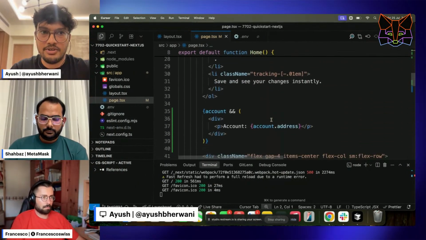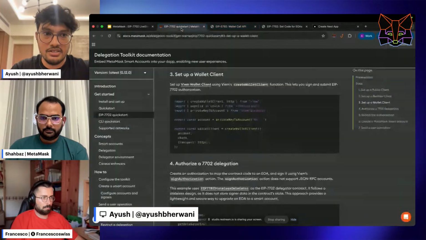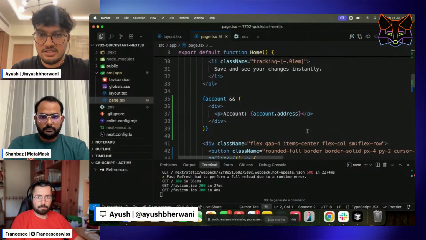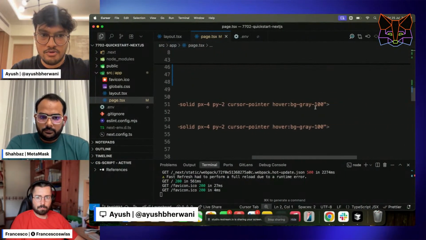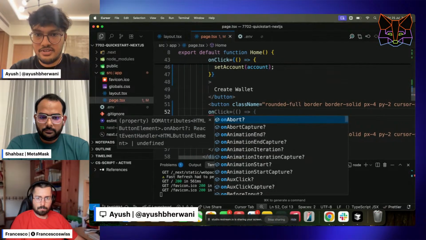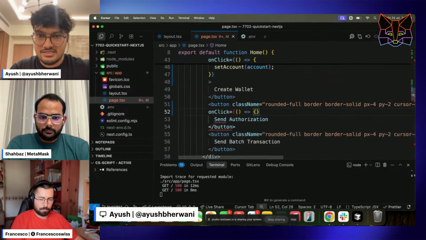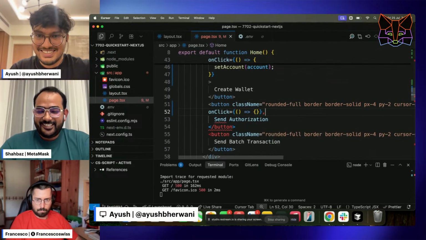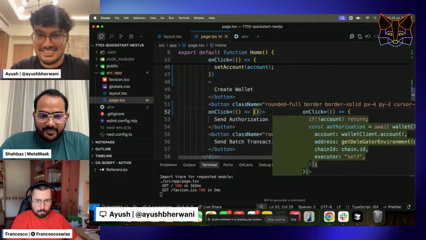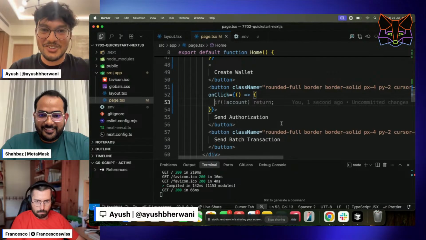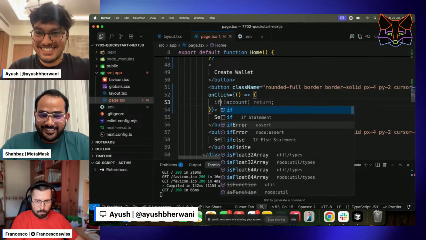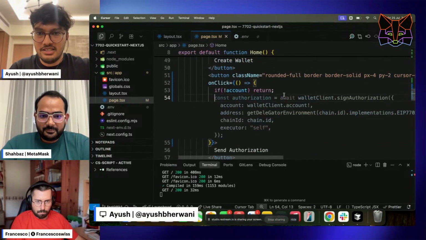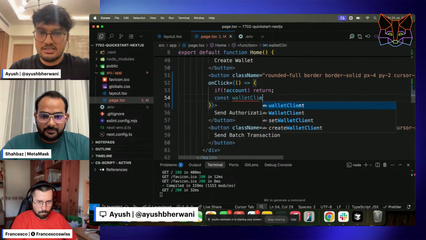So now that we have account, if we go back to the quick start, we need to basically sign the authorization. For that, we'll need a wallet client. So in the signed authorization, we'll batch everything together. Okay, it should hold its horses. That's why I don't like Cursor autocomplete, because it just messes up the indentation. So we'll do a quick check if the account is null. We'll just basically return. We'll create a wallet client, and